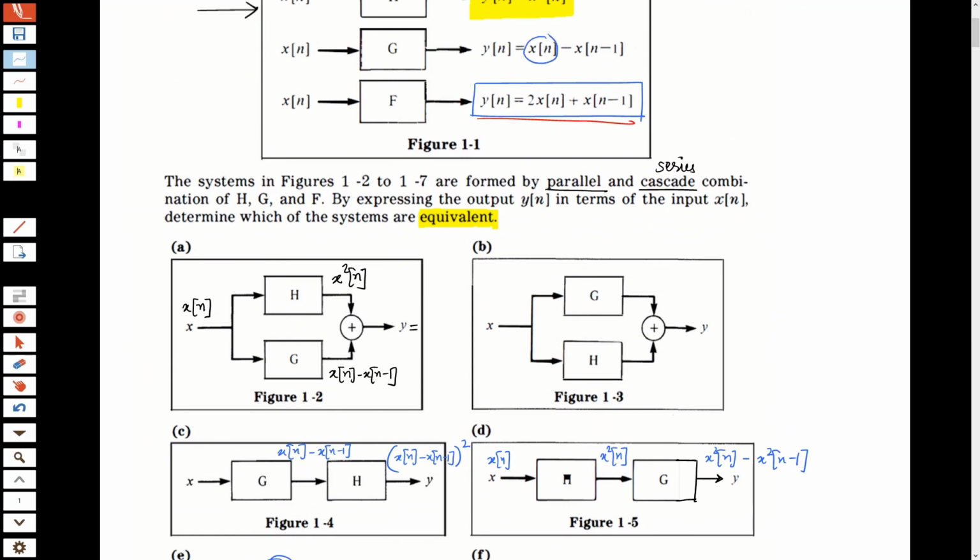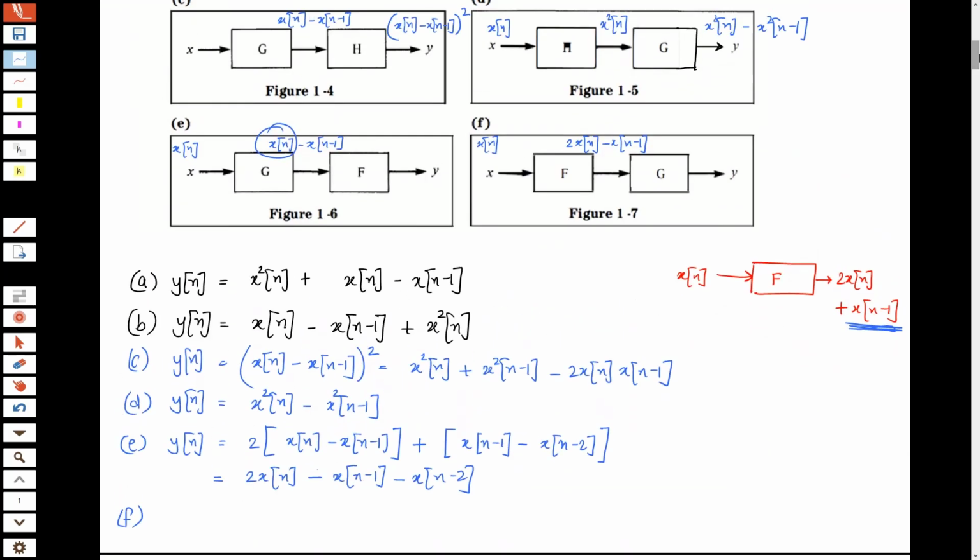Block G simply takes the input and its time shifted version by 1 unit and then finds the difference of the two. Okay, so in that case, what would be the output yn? The original input, 2xn plus xn minus 1, minus the time shifted version, 2xn minus 1 plus xn minus 2. We open this up, so we would get